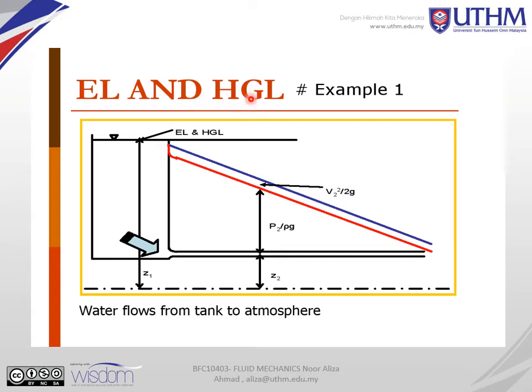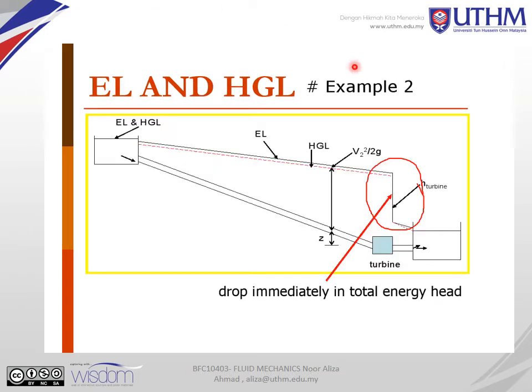Okay, EL and HGL. This is water flowing from a tank to the atmosphere. This is the example here. The blue line and the red line show the energy line and the hydraulic grade line. So this is example 1. Now example 2, when we have two tanks, from point 1 to point